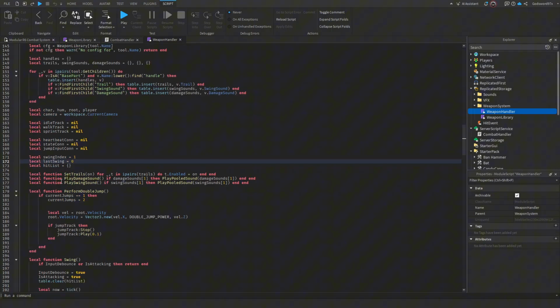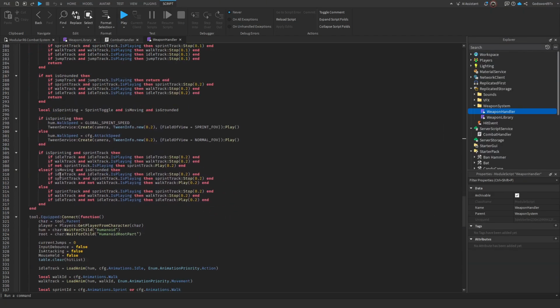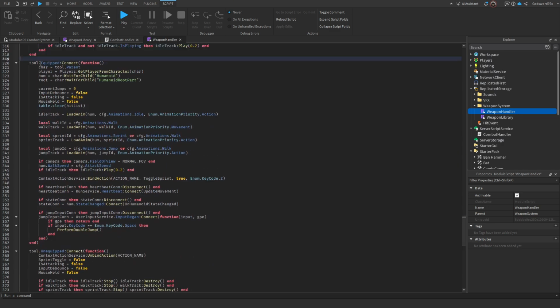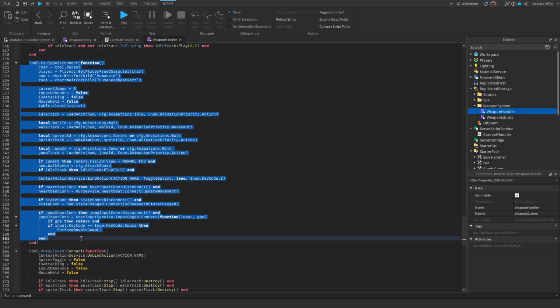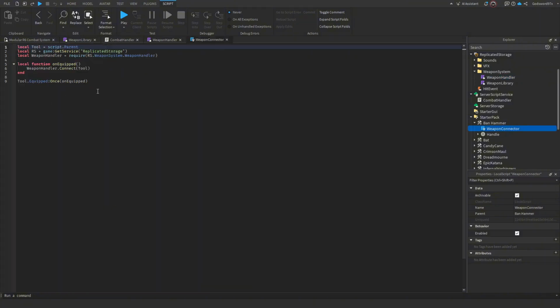We've got the trails, the damage, the swing sound. Here are the attacking states. Here's the actual function to connect the tool to the module, which is this local script inside called weapon connector inside every tool. It's a very simple little script that just connects to the weapon handler. So every tool needs to have this weapon connector, and I'll show you how to add a new tool into